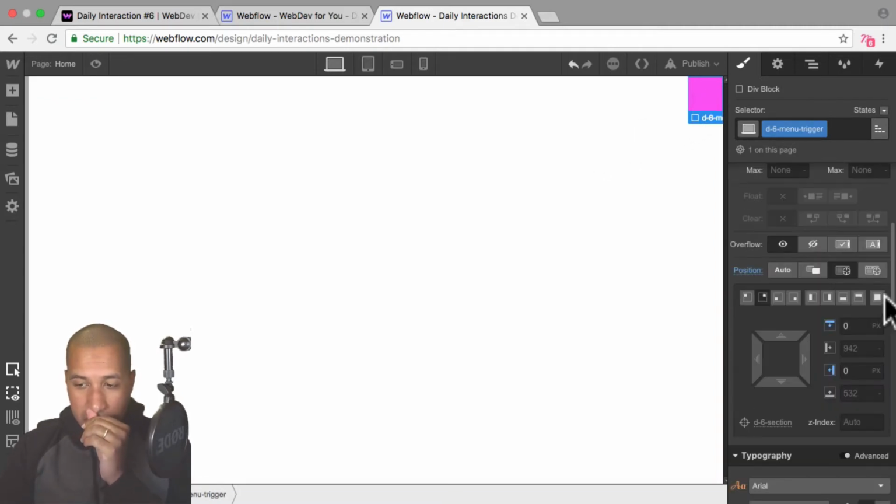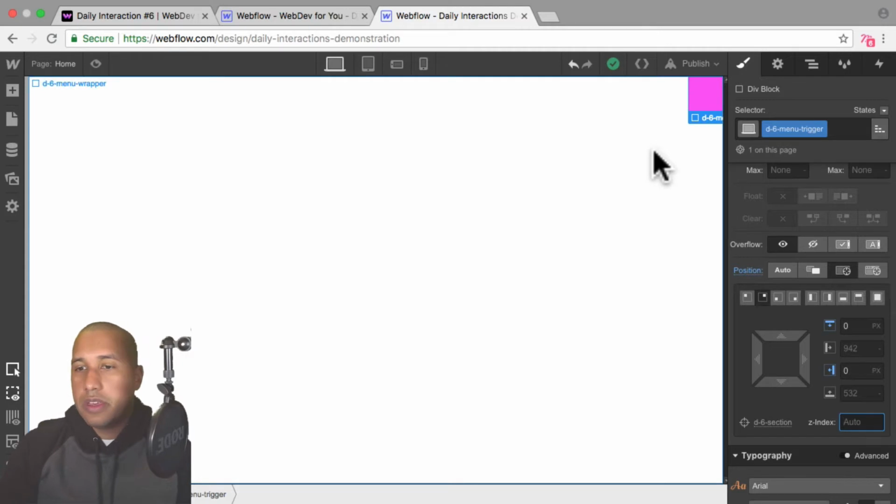If it wasn't, I would go to the Z index and set it to a higher Z index value, so that menu trigger is always on top, because we want to open the menu and we want to close it. So we just want to make sure that when the menu is open, we can still see the menu trigger. All right, so now we can create the menu flying in and the blocks revealing the menu item.